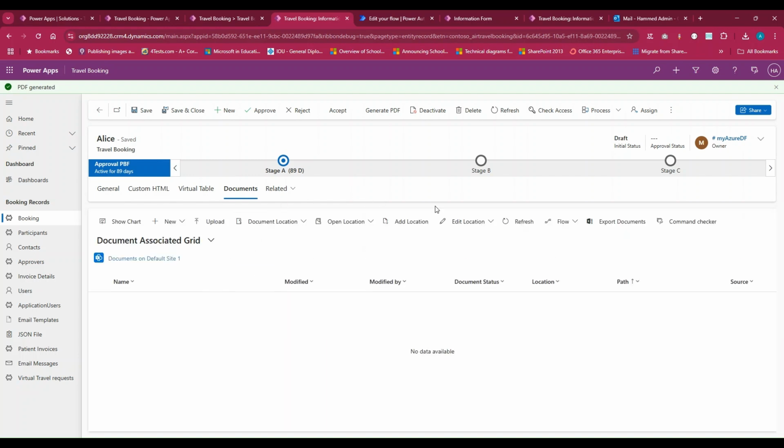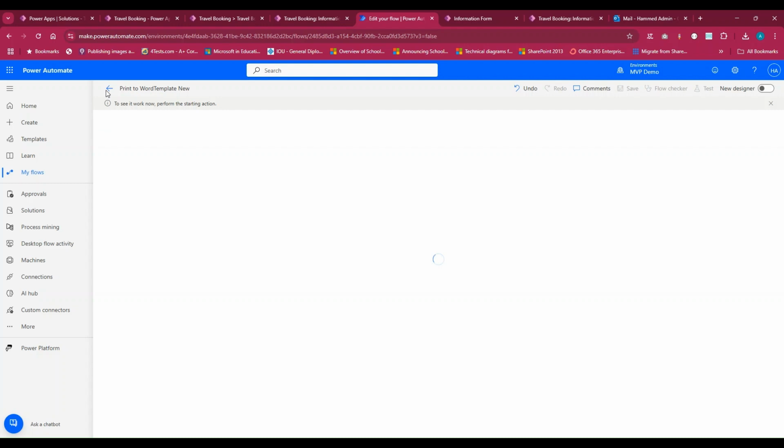button, as you can see, it's still loading. Let's see, it's going to come up as you can see here. So the flow actually runs. So if I go back to the flow,